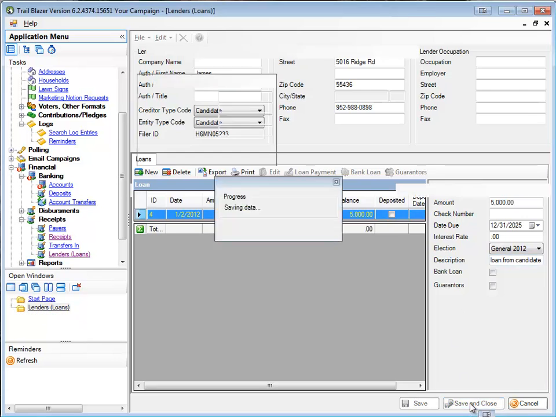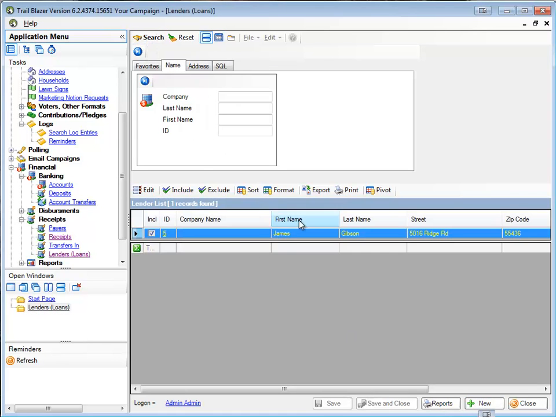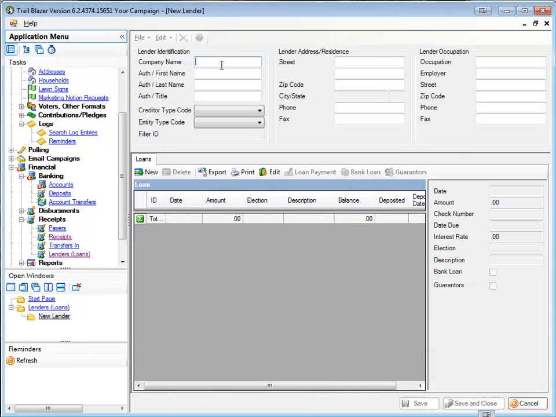I will now save that, and I've now recorded a $5,000 loan from that candidate. In my lenders list, I can see this. I'm going to add now one from an institution. I'll choose new. Actually, by the way, the loan balance is out to the side here. There it is. I'm going to choose new, and in this case it's going to be Wells Fargo